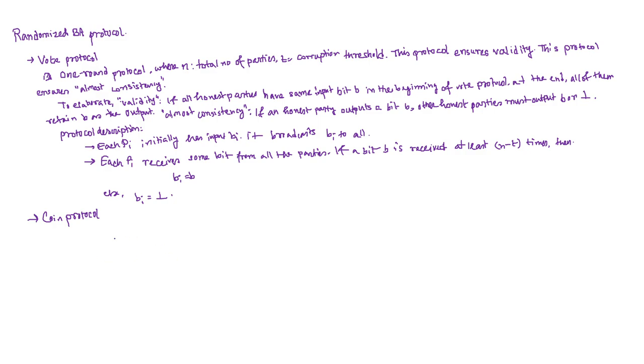So in the coin protocol, this is again a one round protocol, and there is no input to the parties. So it is like some internal coin toss is happening inside each party. How exactly that random coin output is generated, that is part of the instantiation of the coin protocol. But overall, the coin protocol